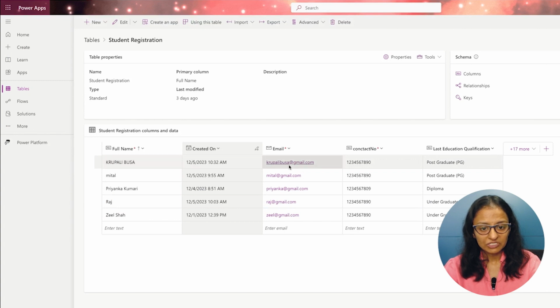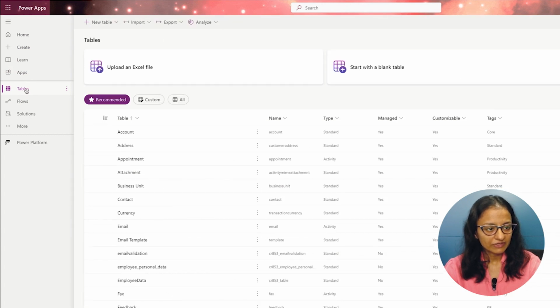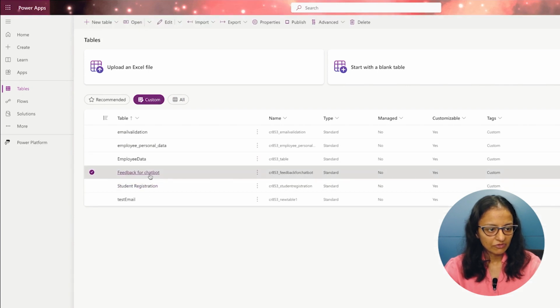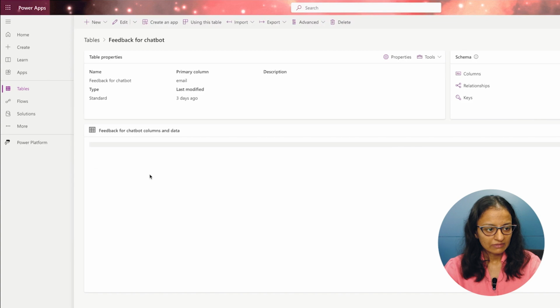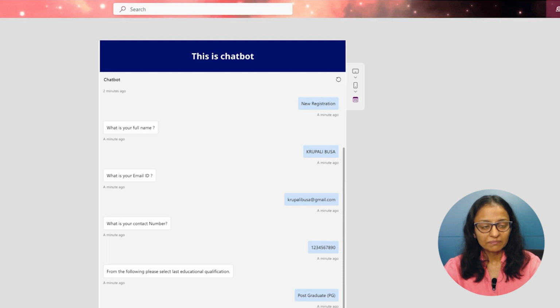So whatever information I gave, it is registered, and whatever feedback I have given, I can also see the feedback in that. So let me go to the tables and search for the feedback where I am storing. So this is the feedback for chatbot, and here whatever feedback I have given, it is registered. So this way we are going to develop a chatbot.